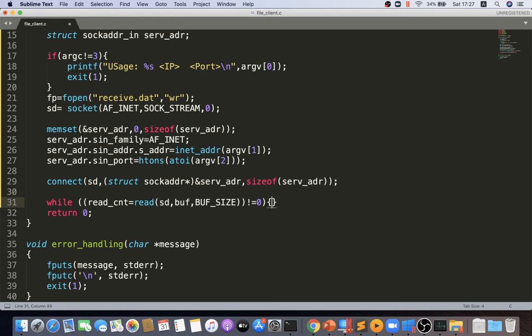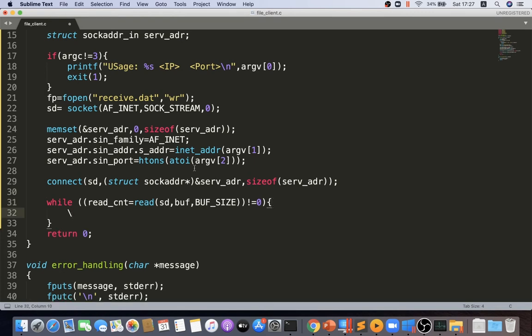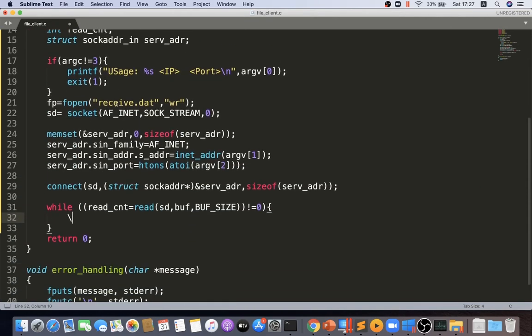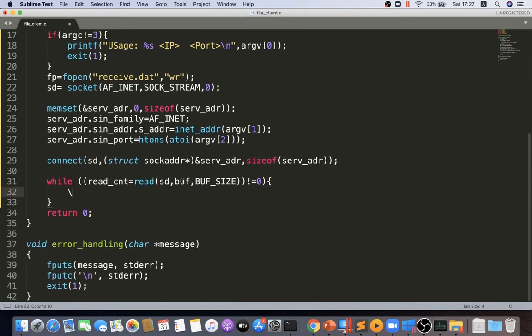Now this is a very important phrase here. I'm going to send a connection request, and the connection request is the server address. Then anything coming from the server side, I am going to save in the buffer that has the size of 30 that I have defined here, and I'm going to write it in the file,